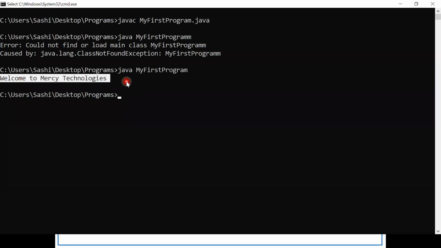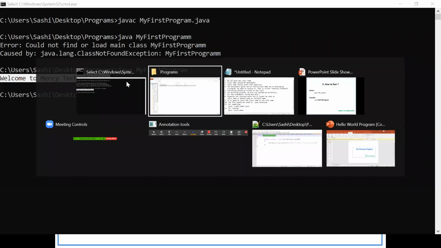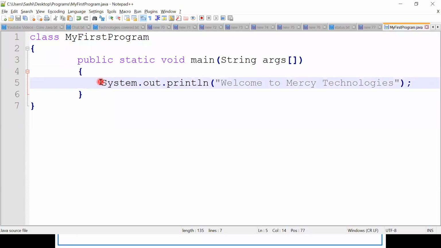So we could compile our Java program and run our first program successfully. Just open the program again. System.out.println is used to print whatever we are giving in double quotes.